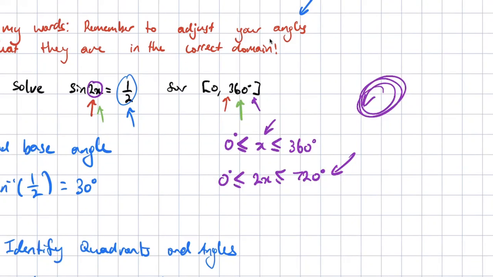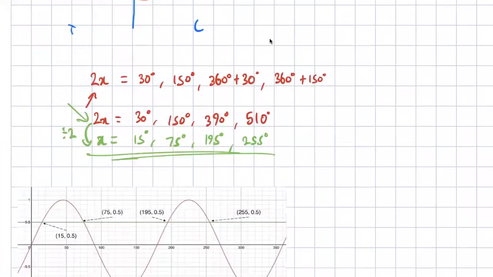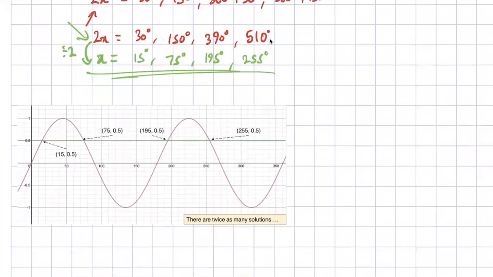Now, graphically, what does this mean? Okay, well, whenever I graph sine 2x, it just means essentially that my graph has occurred twice in the same space, okay? So I might show you graphically what's happening here. Normally, we would have one sine curve occur here from 0 to 360 degrees out here at the end. However, you'll notice that the sine curve goes up and down twice inside that same range, which means that when I put a line through a half, which is what we're doing, sine 2x equal to a half,